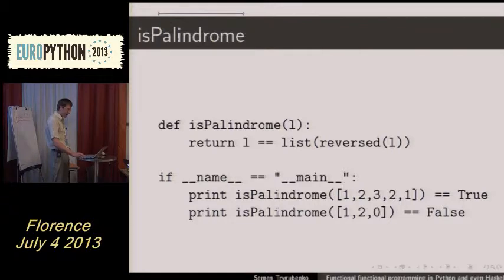So the one-liner for Python would be a familiar one. I'll just quickly read it. Okay, so